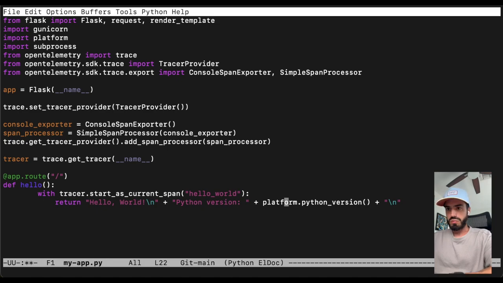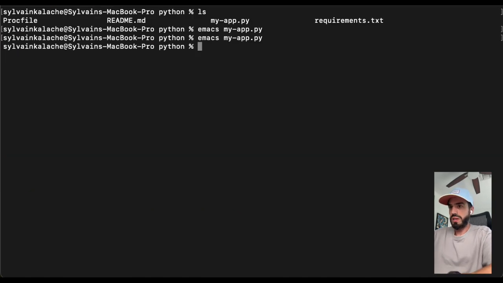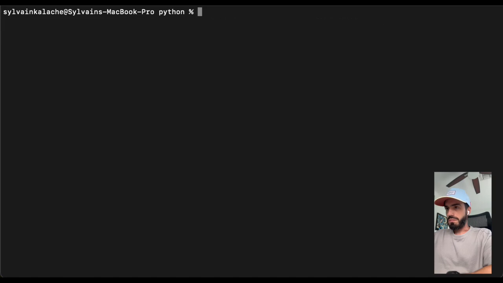And yeah, that's pretty much all you need to do. For this file, our application file is ready. I'm going to save and quit. And now, how will Buildpacks know that it needs to install